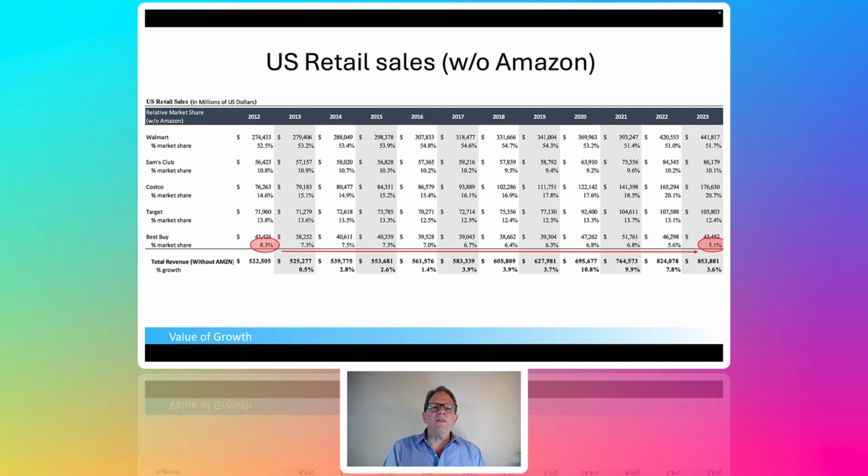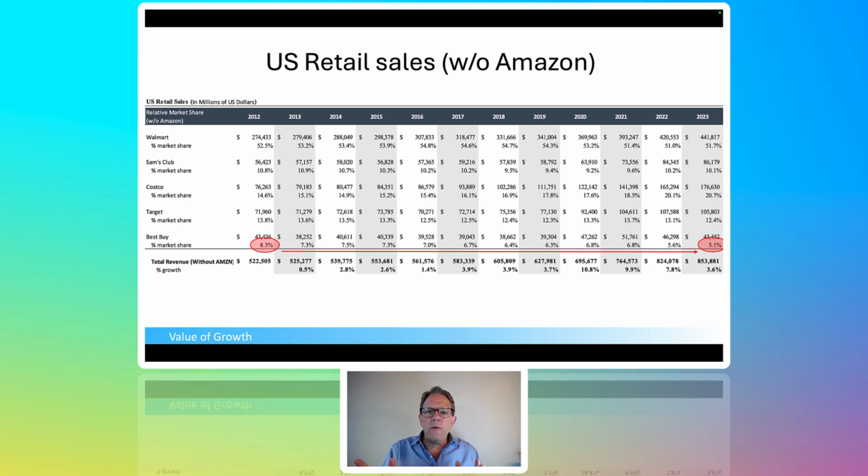So market share does move around, but not nearly as much as people think. Base rates: start with the industry growth rate and then go from there. If you think the company can gain market share, then it is possible that they can grow faster than the industry. We saw that with Costco, which grew faster. We saw that with Best Buy, which grew less fast. They have been disintermediated.